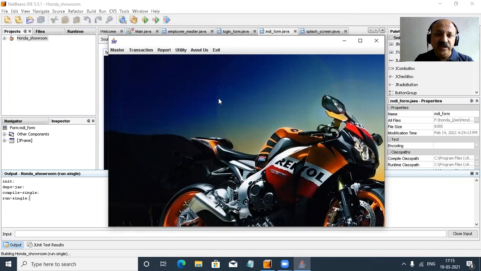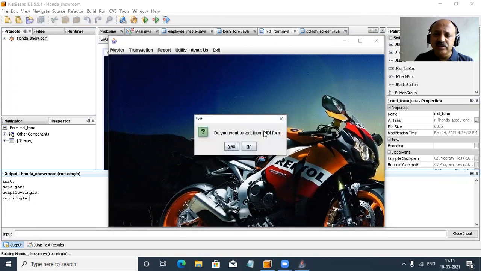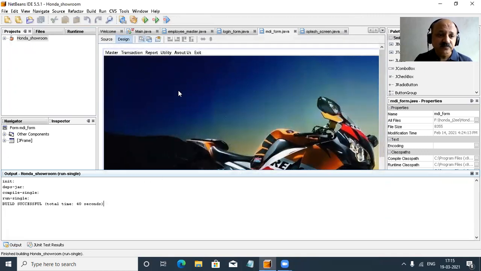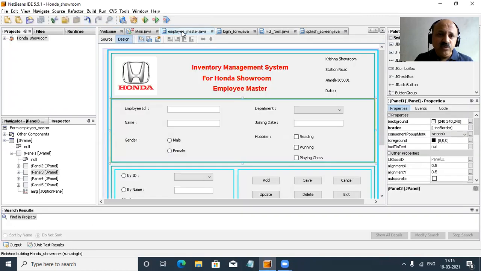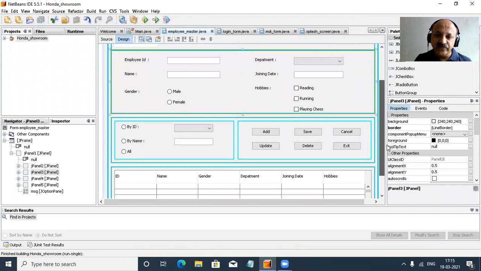We can remove all three buttons. You can also remove them in this MDI form, but then we cannot close the whole form with this button. So here I also use exit. Now I come back to our employee form, and first we have to perform the exit button coding perfectly.